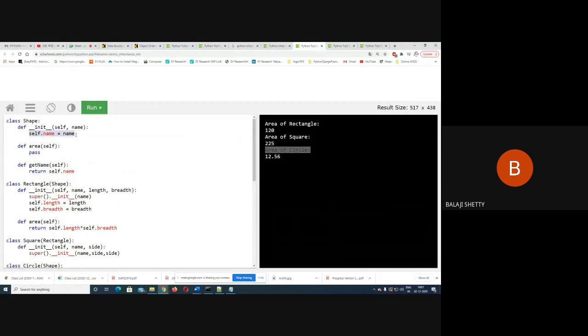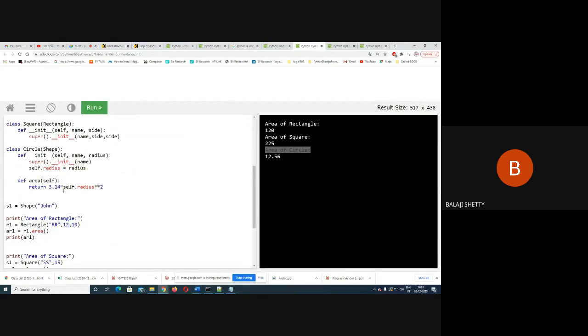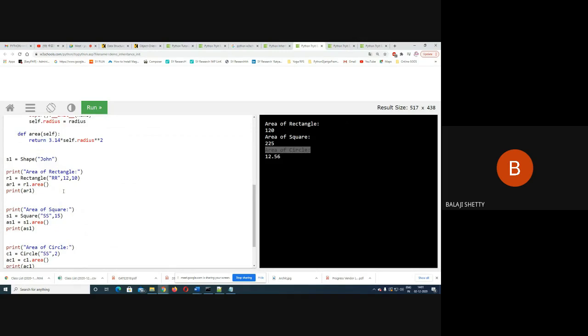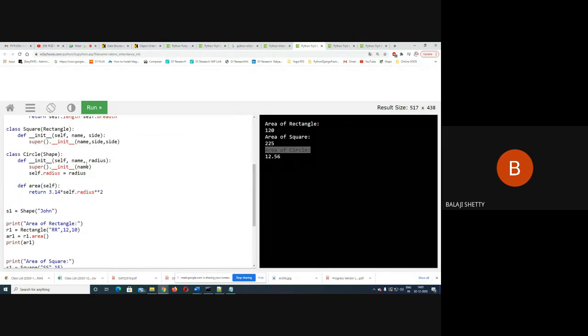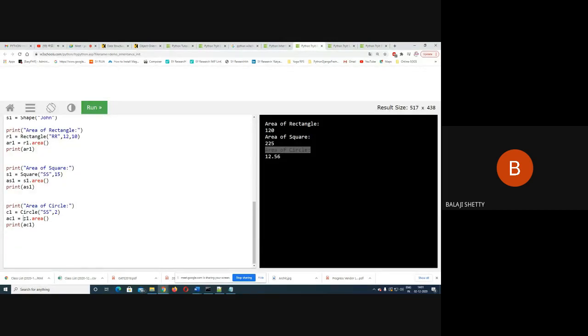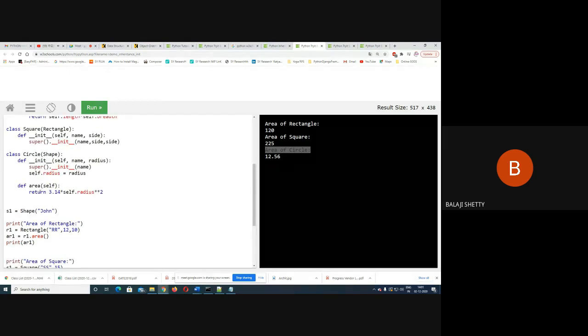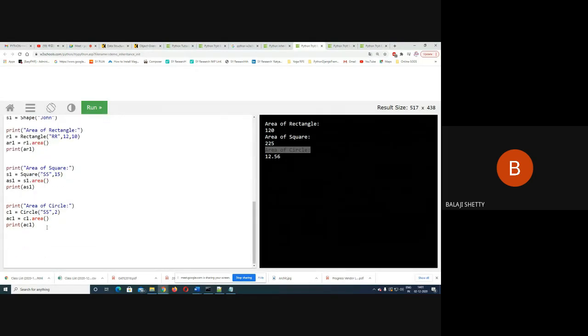It assigns name to name. And next, what about 2? 2 is assigned to radius. Self.radius equal to radius. When I call C1.area, no parameters, 3.14 into radius into 2. That's it. I get the area.